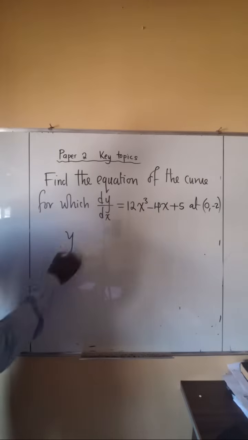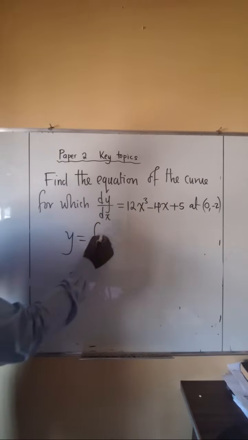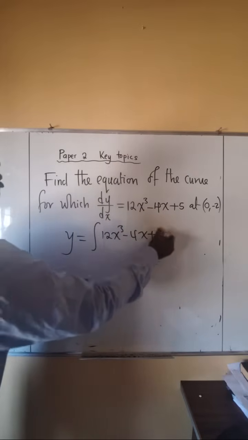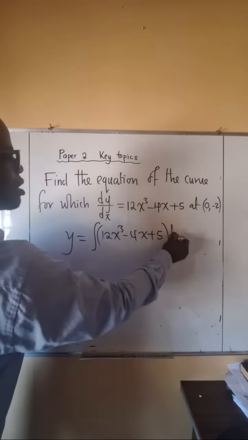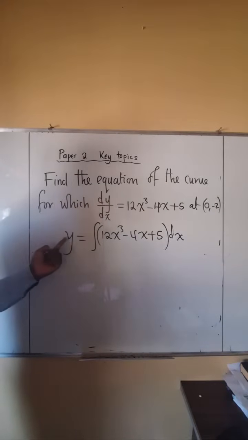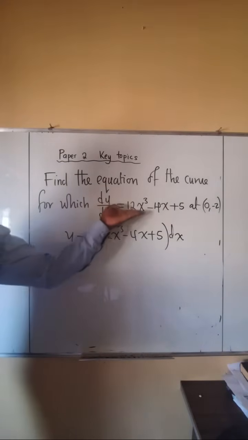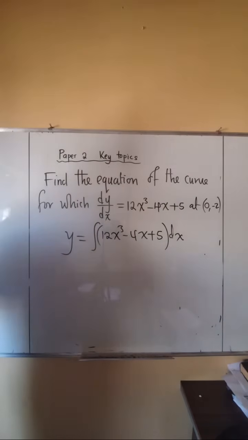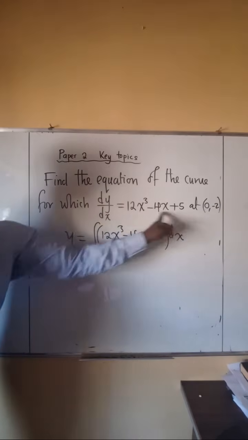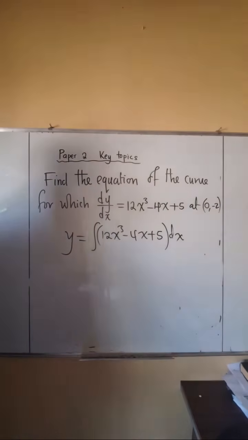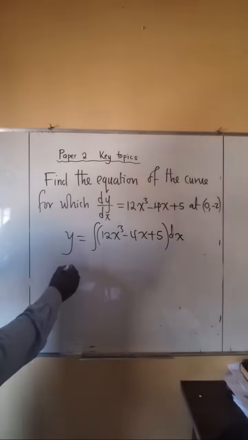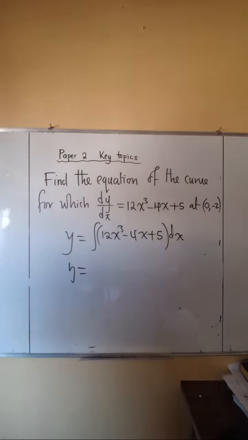You're going to write y is equal to the integral of 12x^3 minus 4x plus 5, and then you say dx. You see the way it looks? Just say y, write it here, and then you say the integral of what they have given you. Whenever they ask you to find an equation, they have given you this, dy/dx. Just integrate this side, what we were doing. So when you integrate, of course, this will simply be equal to y is equal to,